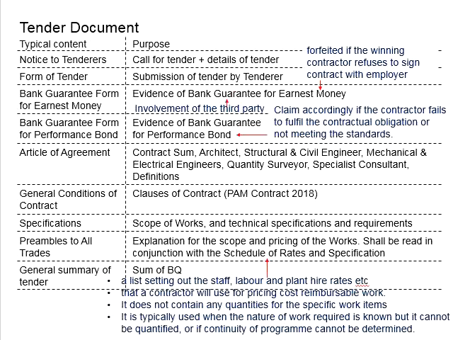this tender document. Next, there will be the bank guarantee form for earnest money. The tenderer needs to provide evidence that he has established the bank guarantee for this earnest money. What is this earnest money? It is an amount of money that will be forfeited if the winning contractor refuses to sign the contract with the employer. You know that this tendering